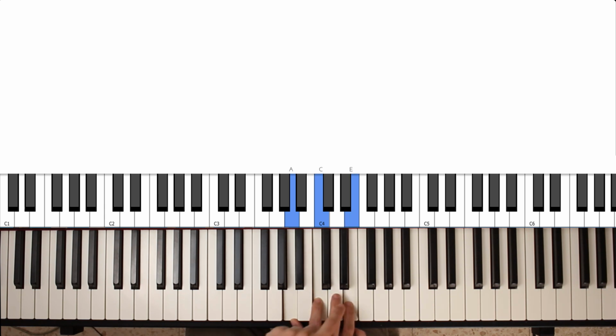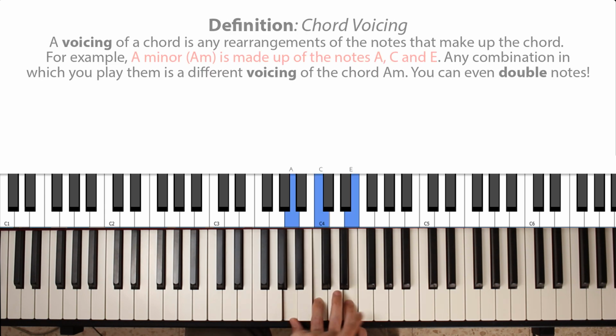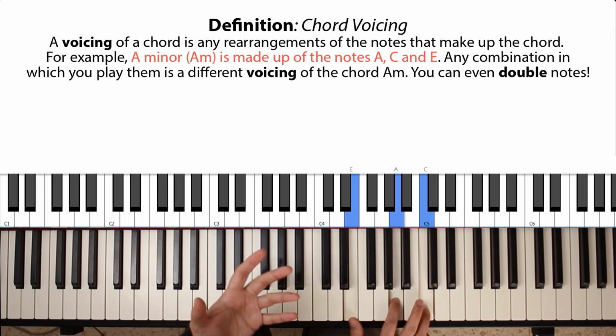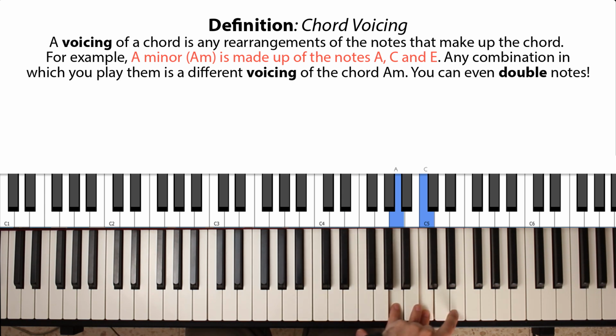So for example, I can take this A and move it up an octave, and I would still be playing a C, E, and A. So this would still be an A minor chord. Now you can take this C up an octave again, and I'm still playing A, C, and E, just in a different order. So this is still an A minor. And I can take this E up an octave again,